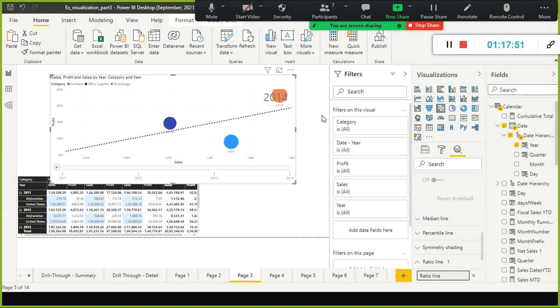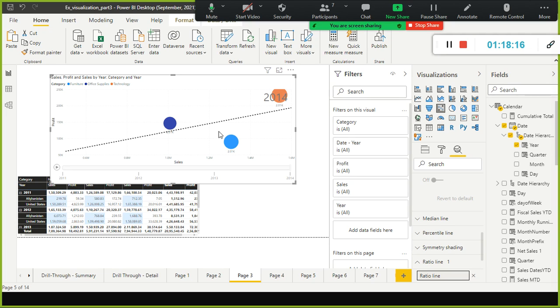In the case of the average line, it created a dotted line in the chart indicating the average profit or average sales, right? That is what we were able to see. In this case I have selected the ratio line. This ratio line runs from this origin.